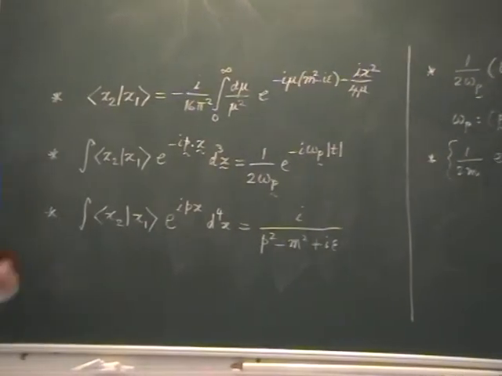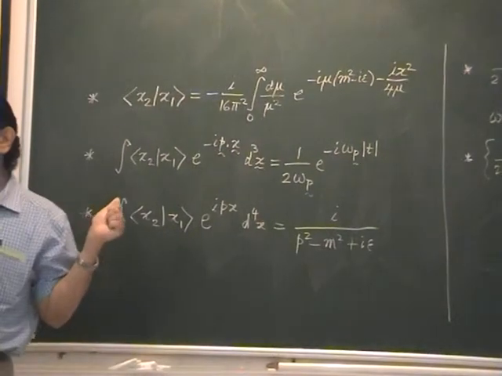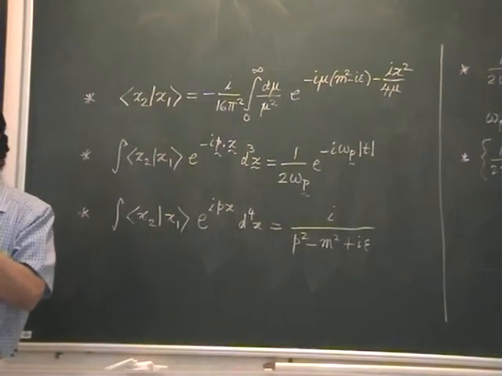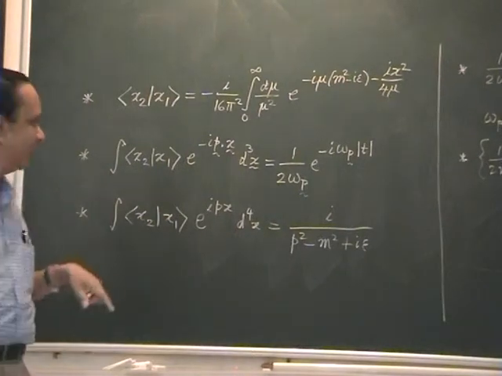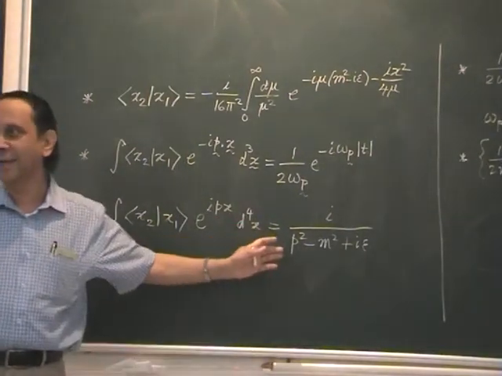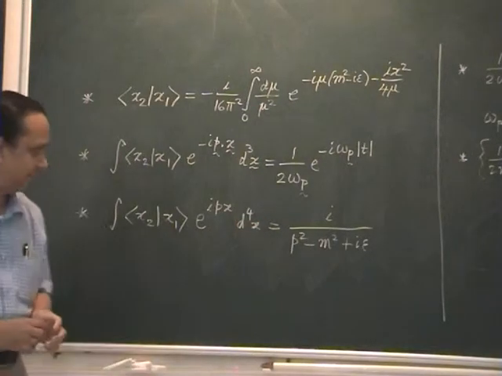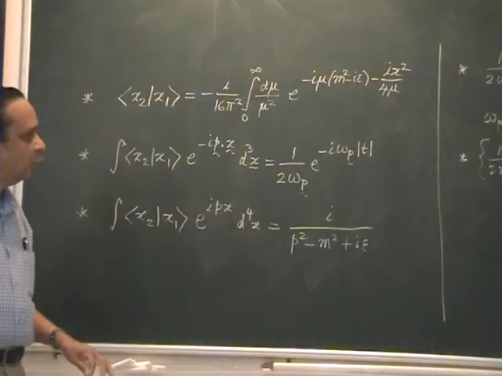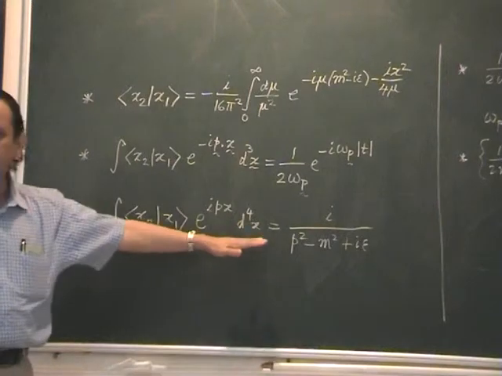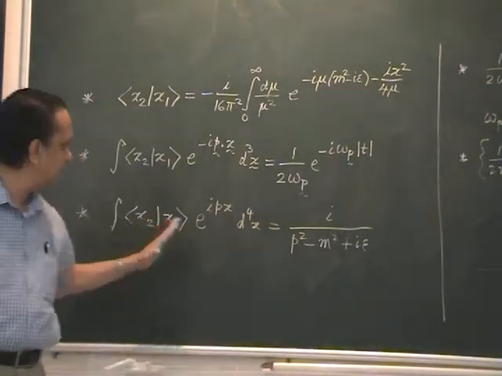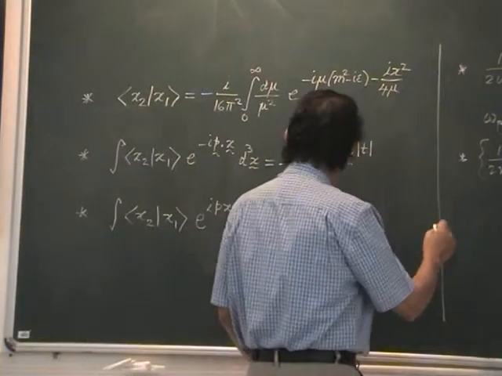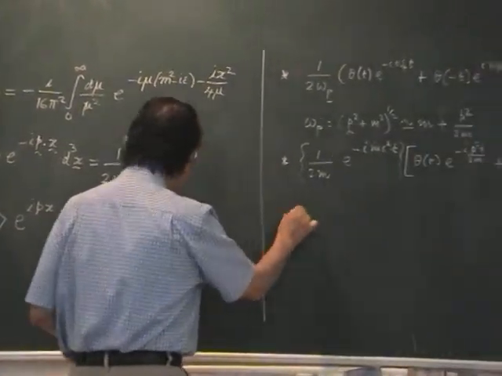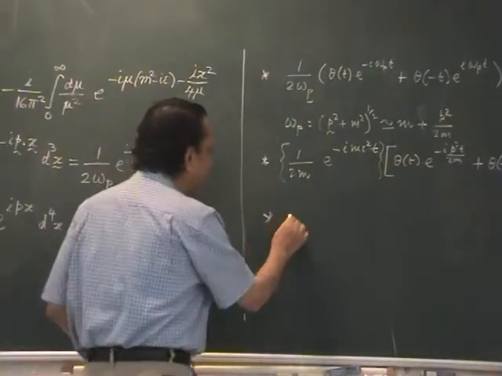Some of this I threw in as an assignment in the last week, which I am sure none of you have looked at. Oh, you are nodding your head, so you people have looked at it. Okay. So there are these boundary conditions which I wanted to discuss a little bit. So what are we going to do? I want to do an inverse Fourier transform on this and get this. That of course is trivial, because if I had this relation, I could have also written it as